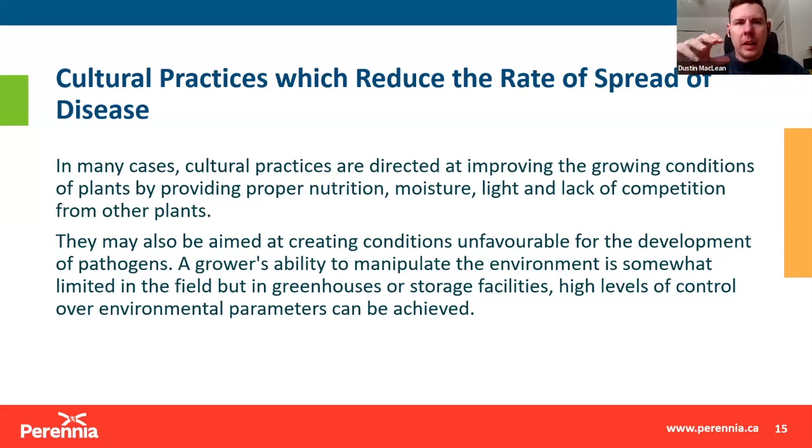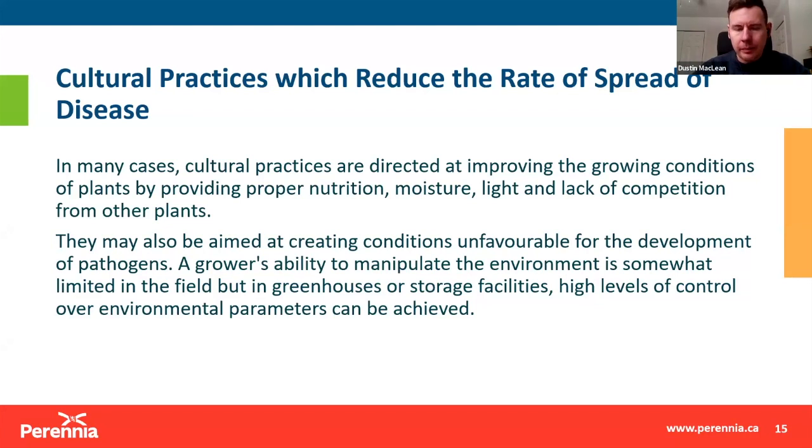We're talking about things like burying crop residues, for instance, or burning crop residues. What we're actually doing is eliminating the virulent pathogen. In some cases as well, you can alter the environment so that it is less favorable for the proliferation of the pathogen. So if the temperature conditions aren't right, if it's too wet or too dry, for instance, that can all decrease the chance of a disease occurring because you lack that favorable environment. So even if the pathogen is present and you have a susceptible host present, if that environment is not favorable,